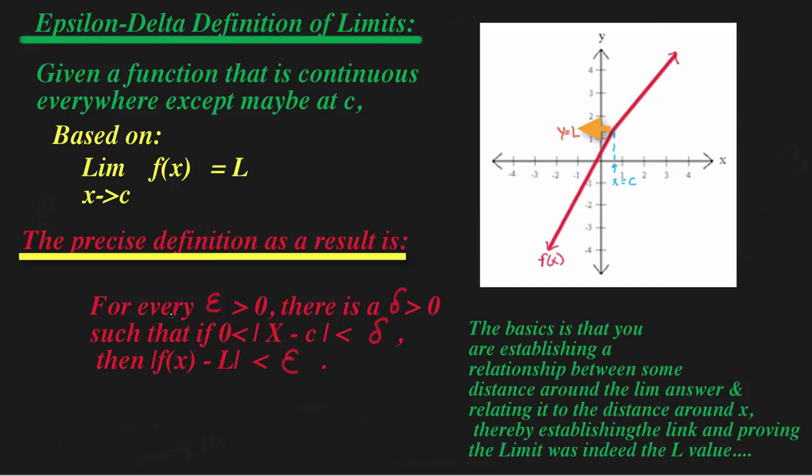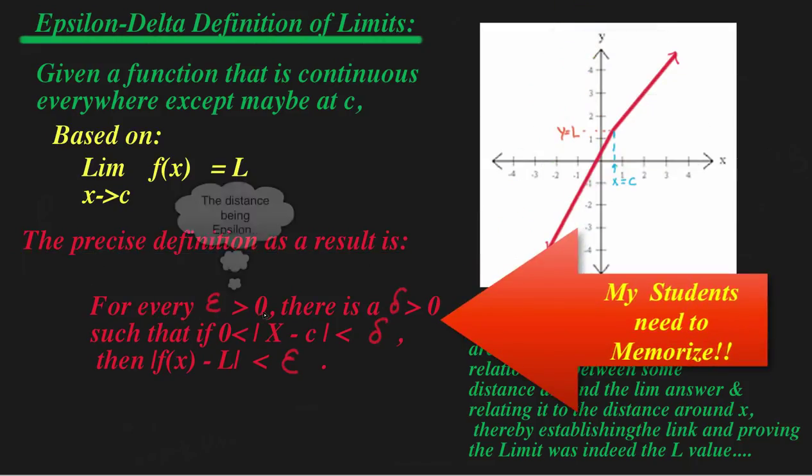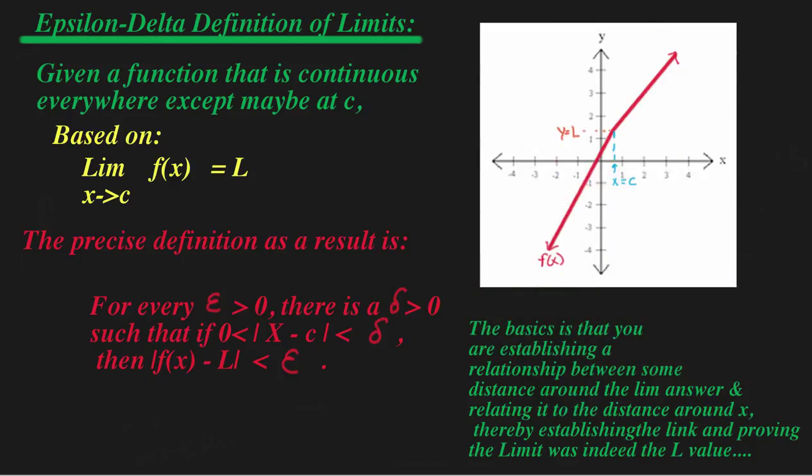But down here, we have the definition that states that for every epsilon distance around that L, there is going to be a delta distance around the x value of c, with delta greater than 0, such that 0 is less than |x minus c| is less than delta. It's referred to as a deleted neighborhood. It includes everything but that point c. This is going to be subject to |f of x minus L| being less than epsilon. Okay? So the main goal here is to establish the link between